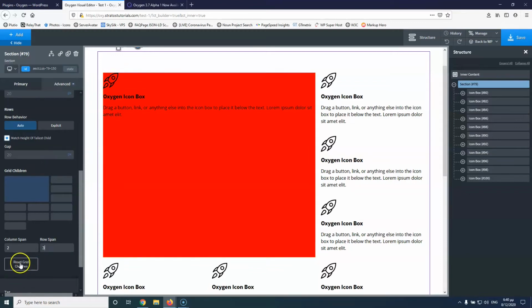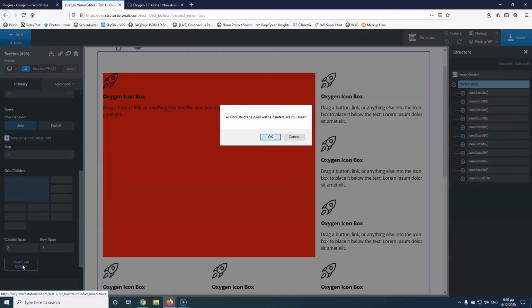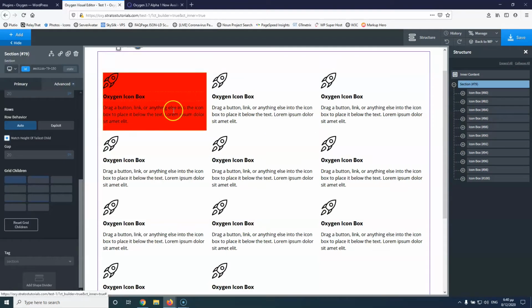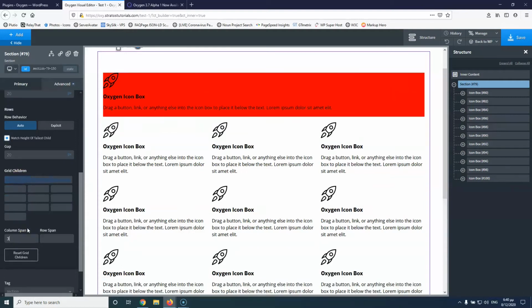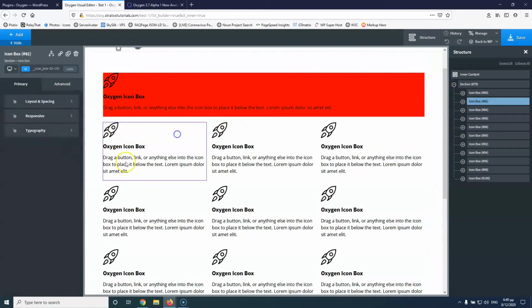And if I go and select here the Reset Grid Children, it will all go back as it was before. So this is all that you need to know, and you can start playing with that. So we're going here and we're going to select 3. So we have 1 whole row for this element, and then we can go and select the second one,